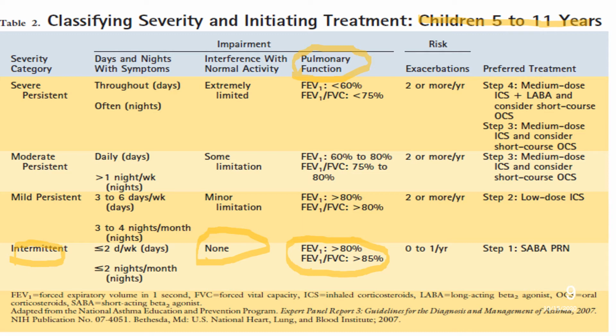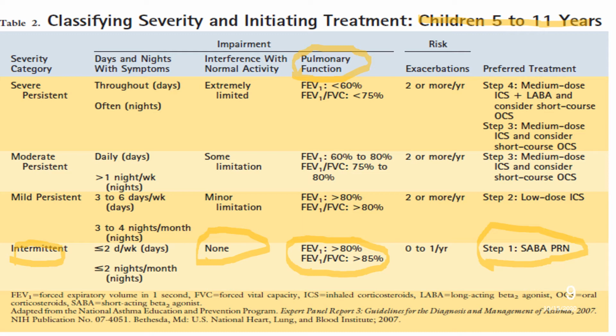And do you get admitted to the hospital or the emergency room? Maybe 0 to 1 times a year. So basically, you get a little wheezy less than 2 days a week, and you wake up at night only 2 times a month. What you can manage with is a short-acting bronchodilator. So you can give this patient an albuterol treatment as needed. Based upon this severity category, which is strictly for ages 5 to 11, you can titrate the medications. So we're classifying the severity and initiating the treatment.